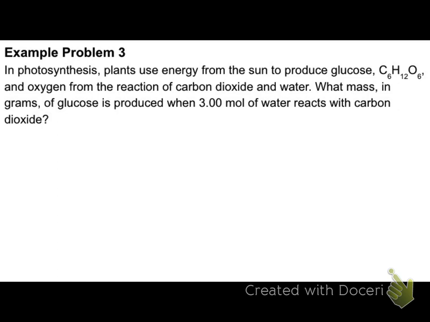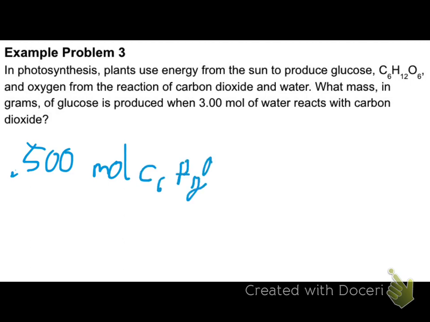And so we had 0.500 moles of glucose. And we need to take that times our conversion factor. Now we're trying to get grams out of moles, so the mole goes on the bottom. We have 1 mole of glucose. I'm not going to write glucose out every time, just taking too much time. We'll put the molar mass of it above, which is